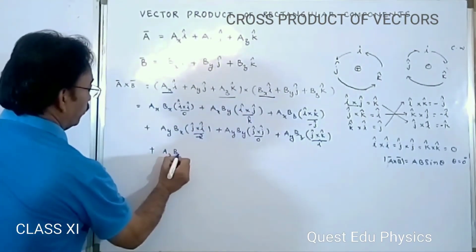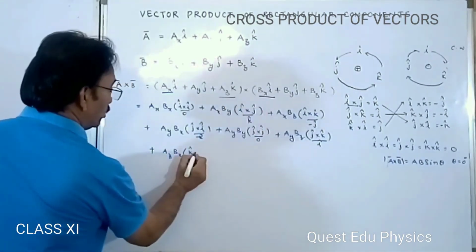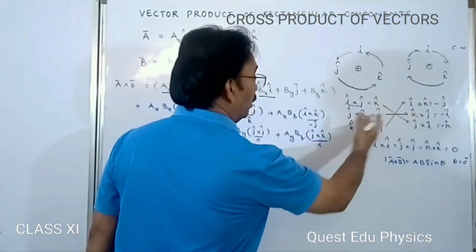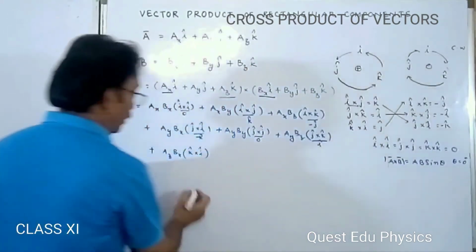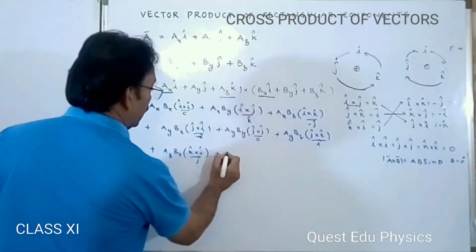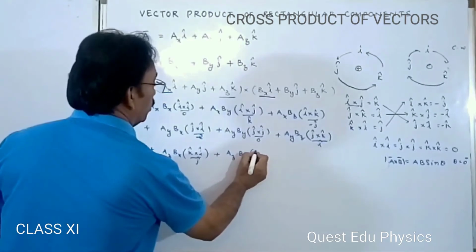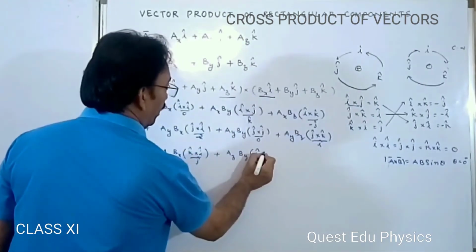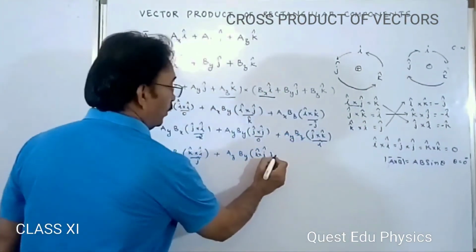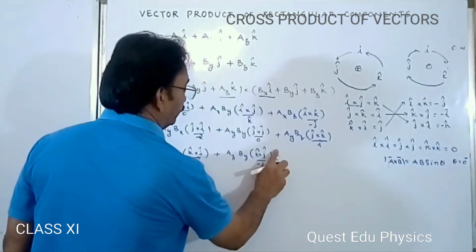BX into K cap cross I cap. K cap cross I cap is J, plus AZ BY into K cap cross J cap. K cap cross J cap we got as minus I, it is equal to minus I